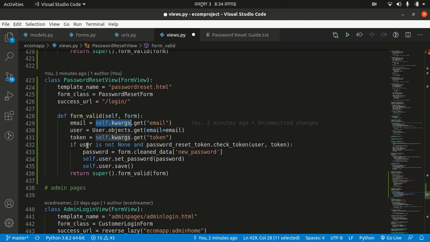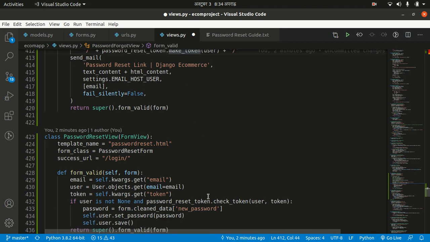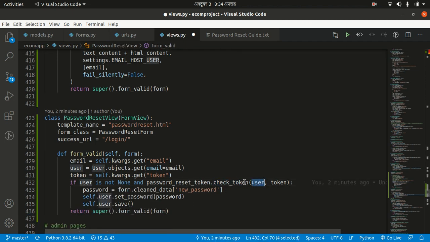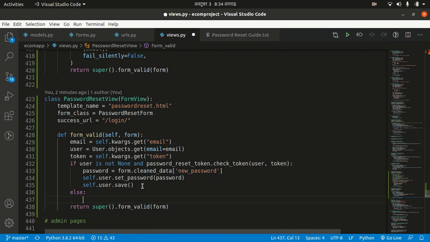After that, we have checked if user is not None, and password reset token, and this is the object that we have made in our utils.py. We have already used it here to make the token, but we are using it to check the token, and to check the token we have to send two arguments. The first argument is user and the second argument is token, and if this condition is true, then what we have to do is we have to get the password from the form, and we have to set the password to the user, and we have to save the user. And if this is not true,